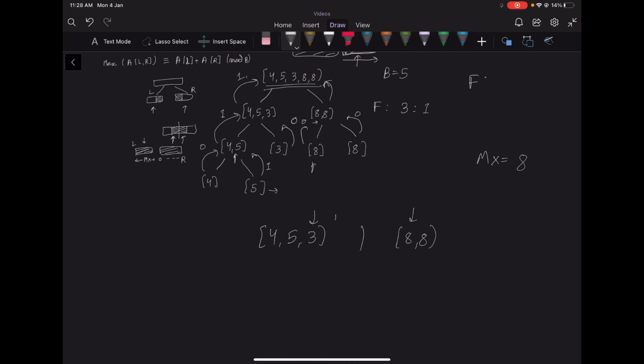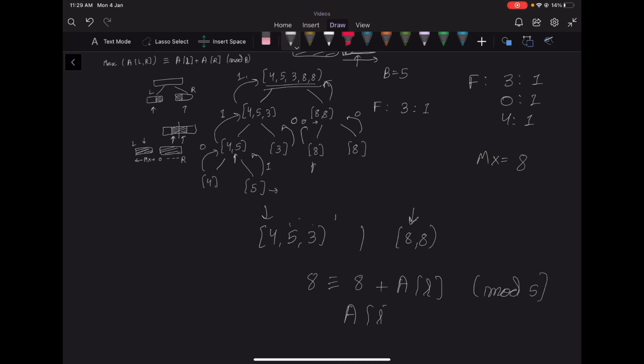So we'll update the frequency of 3 modulo 5, which is 3, as 1. Again we can decrement our left pointer. So we update the frequency of 5 modulo 5, which is 0, as 1 as well. Again we can further decrement it. So we update the frequency of 4 modulo 5, which is 4, as 1. So now for this R, we get the maximum value is 8 and AR is also 8, and we need to find AL. So this is our relation modulo 5. So AR will be 0 modulo 5.